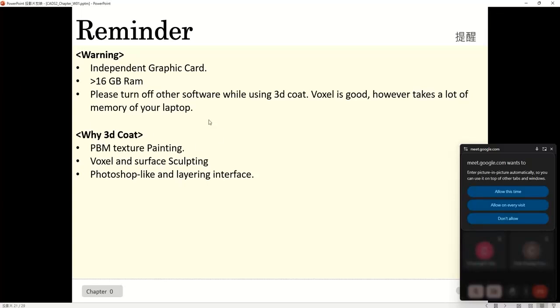And also, whether you are working on Blender or 3dcoat, please turn off other graphics software while you are using that, because it's pretty heavy. Just like Unreal. When you are working on Unreal, don't open up any other software. Okay, so finally,